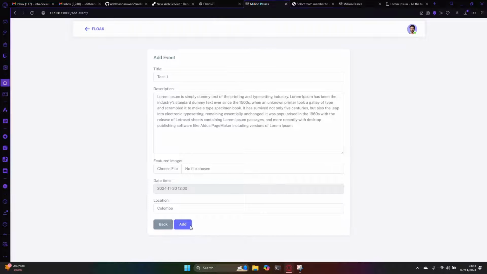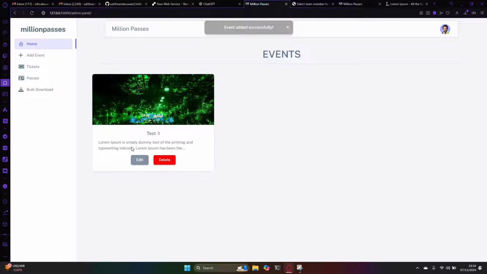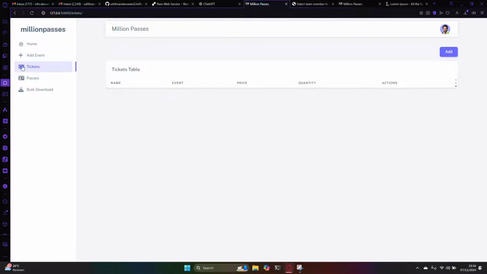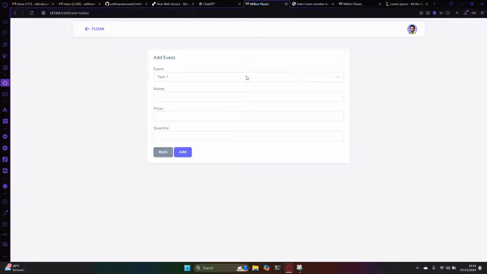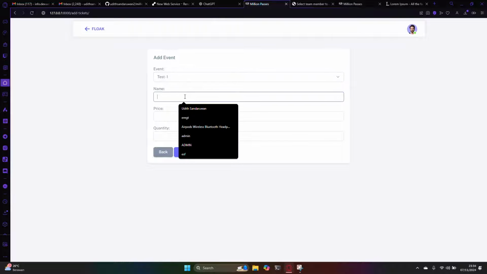Okay. So the event is added, and in tickets we can generate tickets for the event. We can click the add button and select the event and the name. So there is a ticket level. In our platform there are ticket levels like normal, VIP and like that. General,